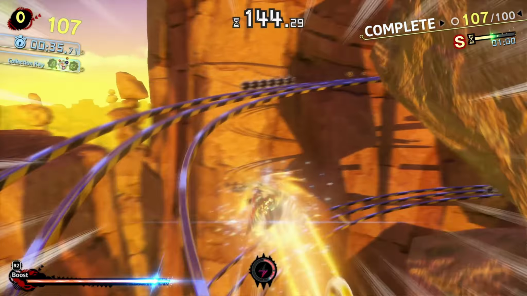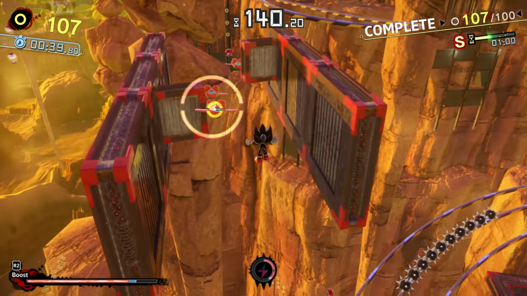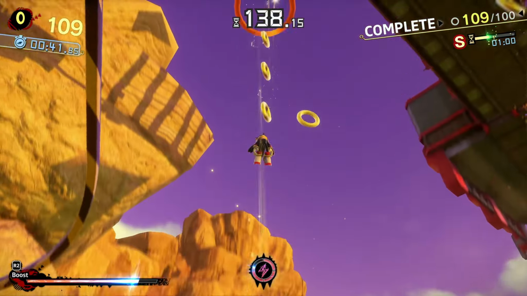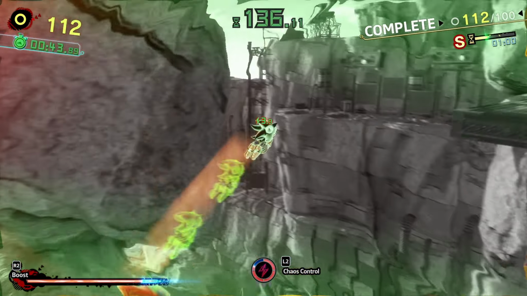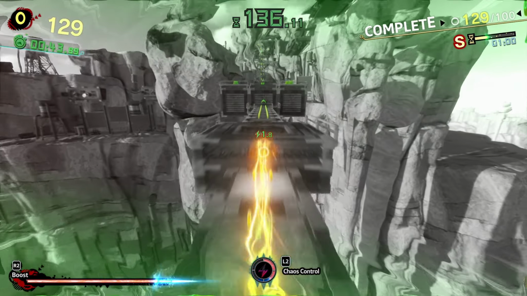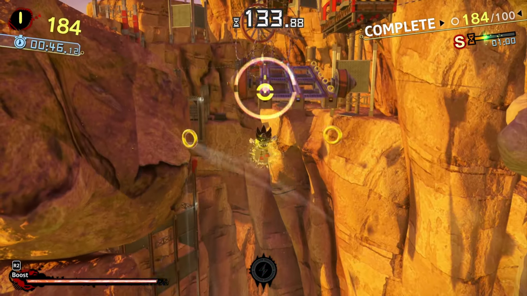Let's hop over here and get that. We already missed the first collectible. That's unfortunate. Alright, stuff Eggman Bots. And we got Chaos Control active. Keep on heading through. And yeah, like I said, these little challenge things are just nice little sweet little extras,